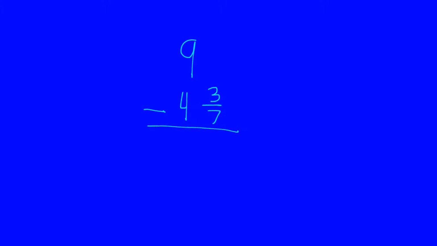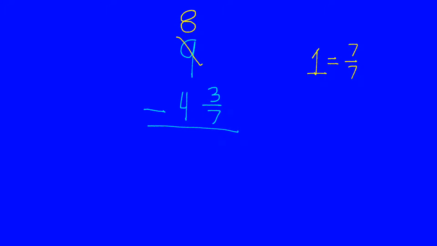Here we are subtracting 4 and 3/7 away from 9. Once again, we don't have a fraction, so we're going to have to start off by regrouping. If I take 1 away from the 9, it's going to become 8. And here's that 1. And what do you think we want our denominator to be this time? Think to yourself, what would make this the easiest for me to subtract with? Hopefully, you notice that our denominator over here is 7. And say to yourself, oh, I can make one whole into